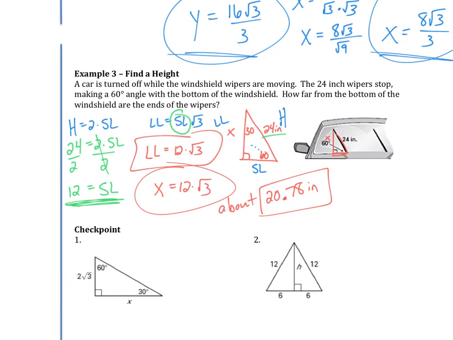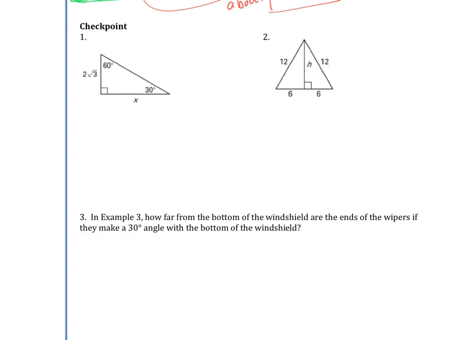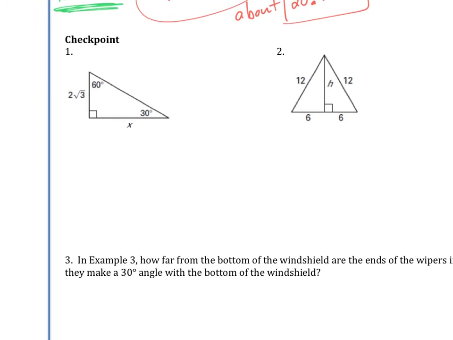Okay, so this is a little tricky when we have to find out one side length to find another. So like in this one, we had to find the short leg in order to find the long leg. Okay, and then we have a couple checkpoints, and that is it for this section. So checkpoint 1, a 30, 60, 90 triangle, and we have the short leg and the long leg. So the equation is